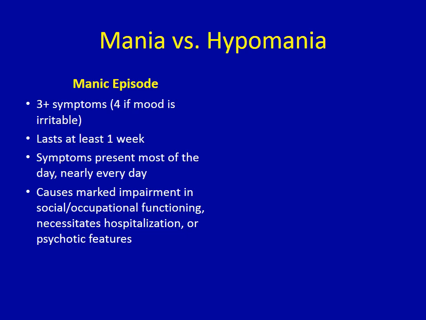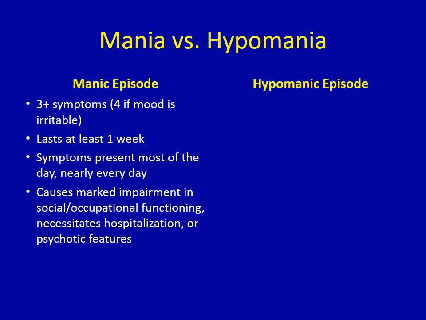And just like with our depressive disorders, another clue that psychotic symptoms might be a characteristic of a manic episode rather than a psychotic disorder is whether those symptoms are mood congruent. So if someone's delusional beliefs or hallucinations are consistent with other episodes of their mania, so for example, believing that they are psychic, believing that they have special powers, that's another clue that you might be seeing psychotic symptoms of a manic episode as opposed to psychotic symptoms coming from a primary psychotic disorder. So those are the defining characteristics of mania.